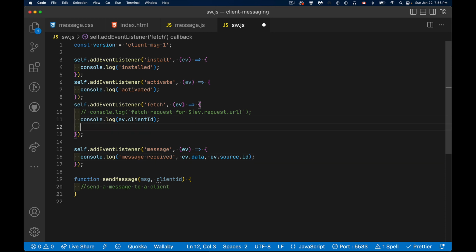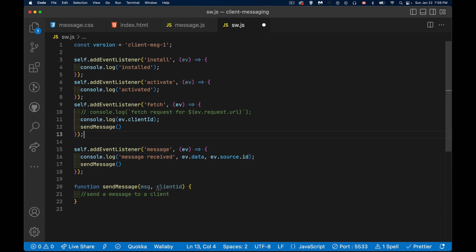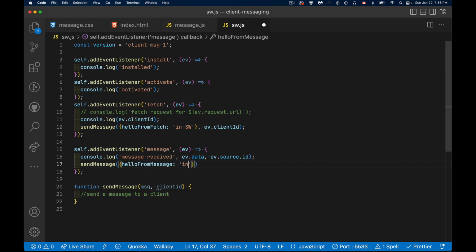Now, from either one of these, we can call our send message function to send something back to the browser, to the main JavaScript that's attached to the web page. So inside of here, hello from fetch in the service worker. And let's pass in the ev.clientID. And in this one, we'll pass in an object. It says hello from message in service worker. And we will attach